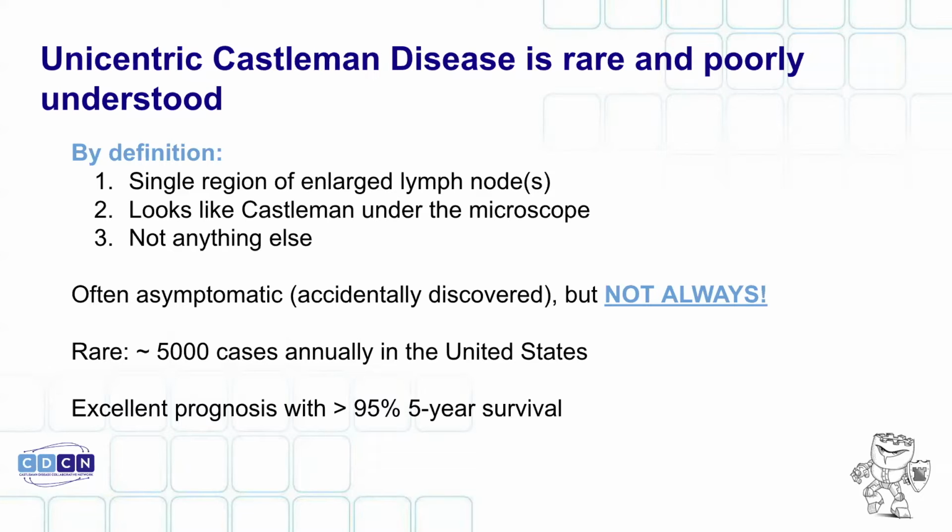It's rare, but I think what this group has been helping us to learn is that it's not quite as rare as we've all assumed. It still affects a number of people, and most patients do extremely well with it. So the average unicentric Castleman patient found a big lymph node, got it taken out, and that was the end of their Castleman journey for the most part. I suspect I don't even see a lot of them because they don't get referred from the surgeons.